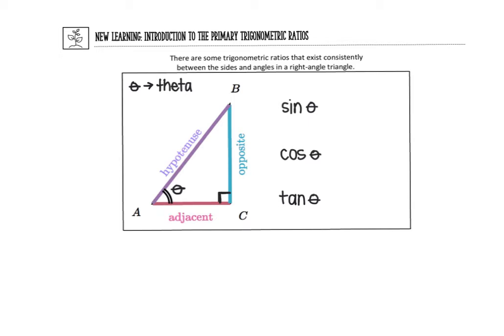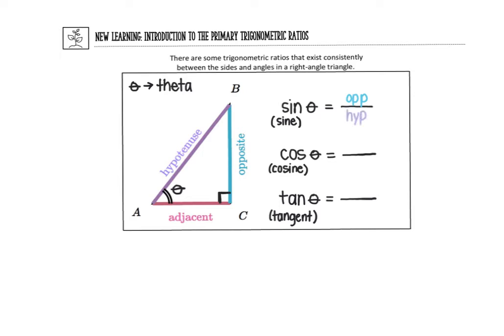So our three primary trig ratios are called sine, cosine, and tangent. You can see how they're shortened to sin, cos, and tan. Each of those ratios can describe a proportion within the triangle. So the sine of our theta is going to be equal to the opposite value, or the opposite length, divided